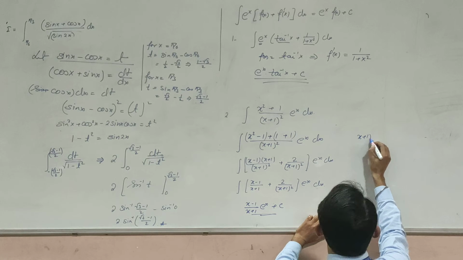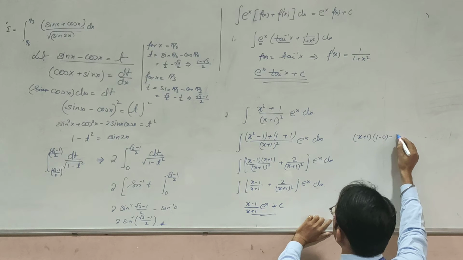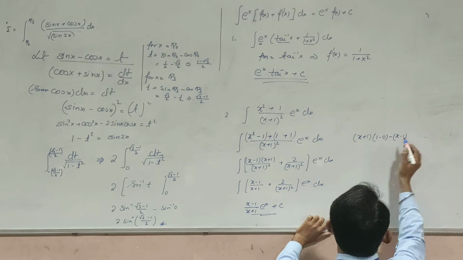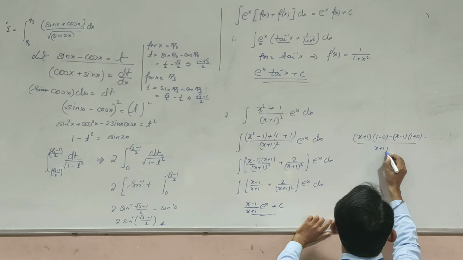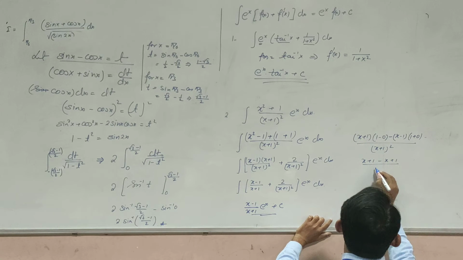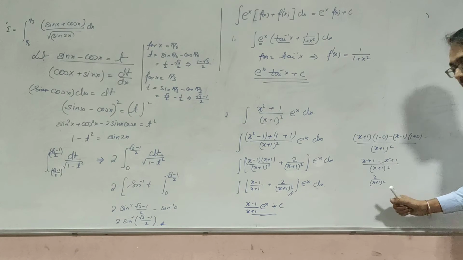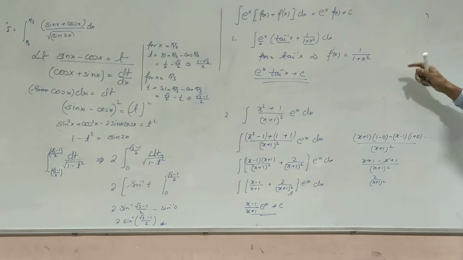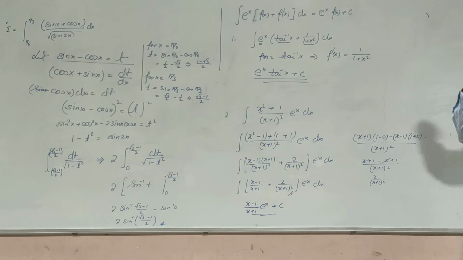Denominator, that is x plus 1, differentiation of numerator will be 1 minus 0, minus numerator, that is x minus 1, differentiation of denominator means 1 plus 0, upon denominator square, that is (x plus 1) whole square. It will become (x plus 1 minus x plus 1) upon (x plus 1) whole square. So it is 2 upon (x plus 1) whole square. It is verified. Otherwise we might make mistake. They may say it's something else. So checking is the best way to be sure about our answer.